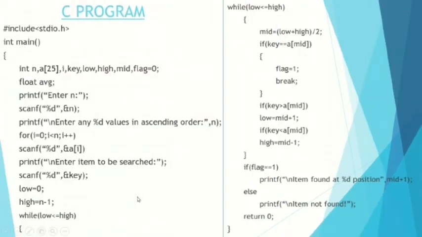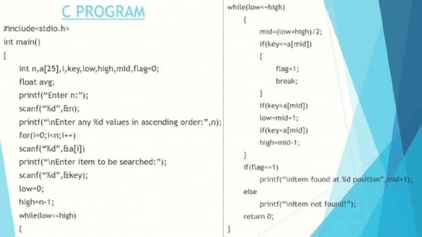The C program. In this program, we declare i, low, high, mid, n, and key, and an array of 25, that is A of 25. i is used for iteration through the array, low is used to hold the first array index, high is used to hold the last array index, mid holds the middle value to be calculated, and n is the number of elements in the array. Key is used to search the element, and array is the array of size 25.